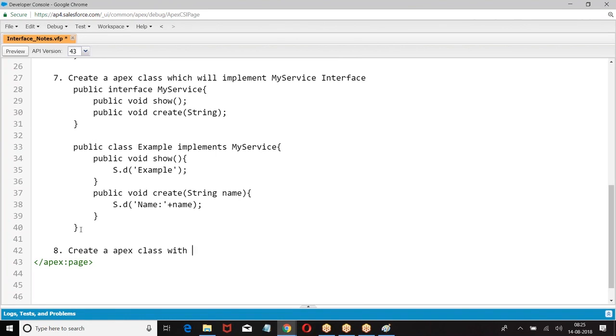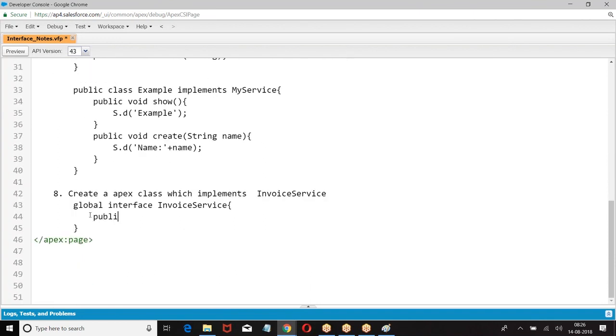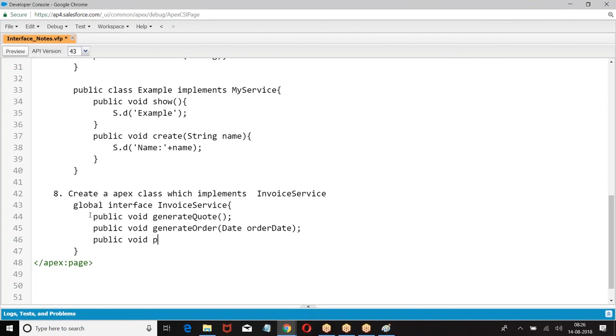So create an Apex class which implements it. Now create this.